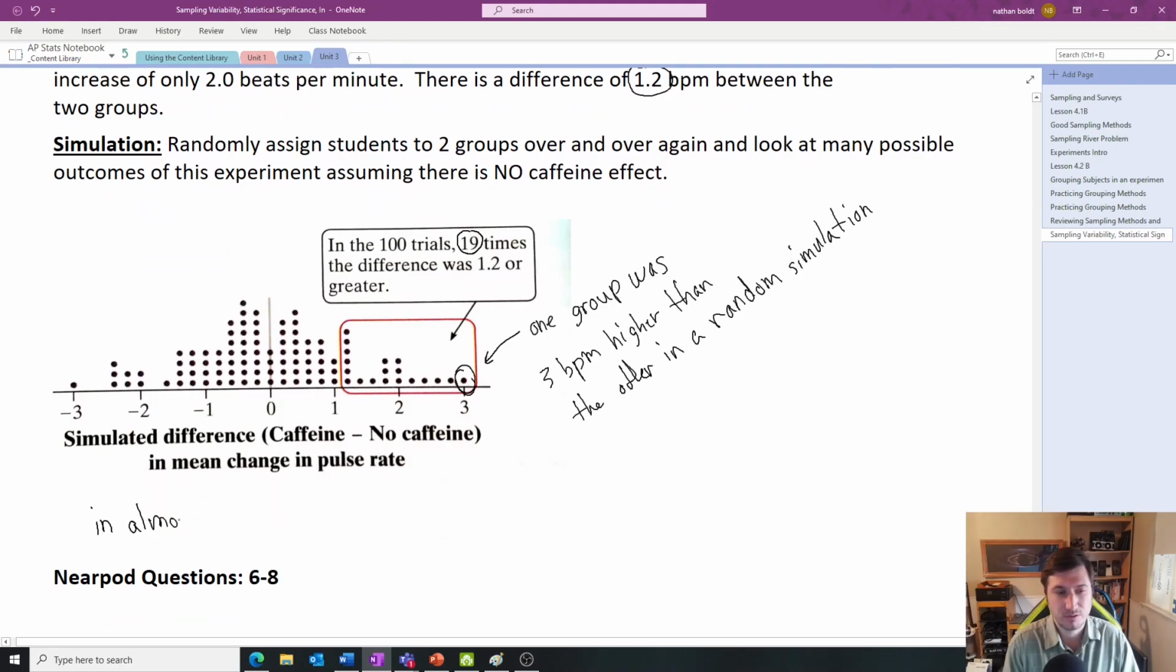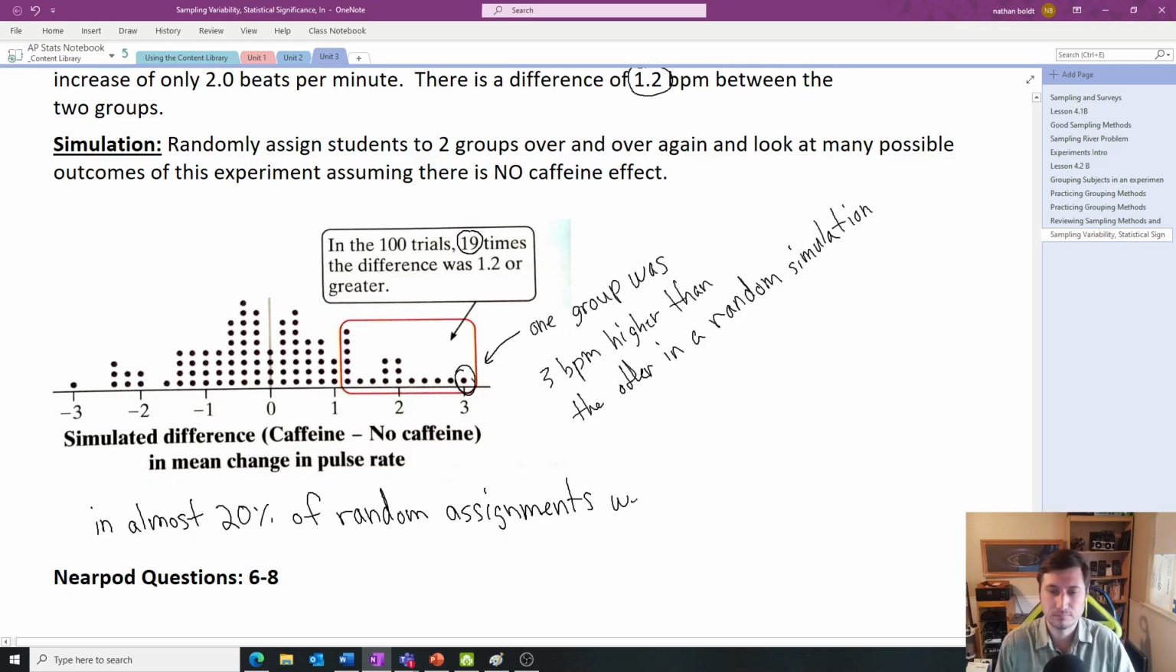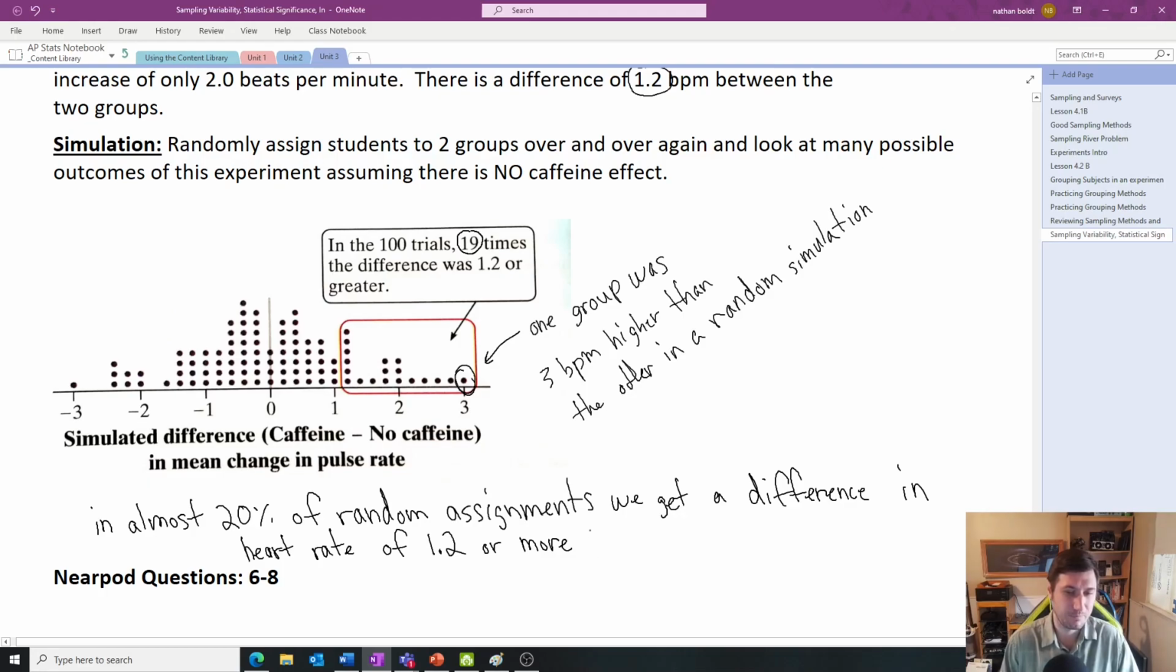In almost 20% of random assignments, we get a difference in heart rate of 1.2 or more. So it seems the difference in our experiment